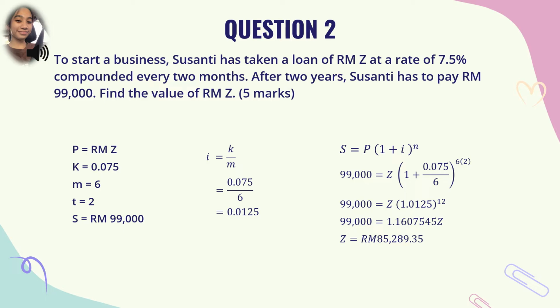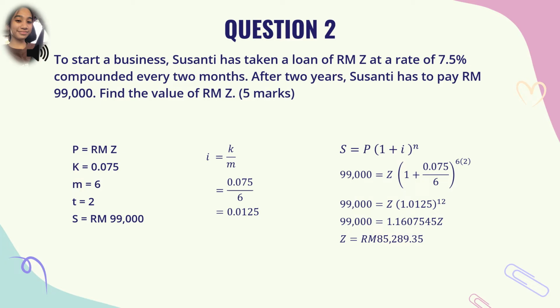So, the I, we use I equals K over M formula. So the K is 0.075 over 6, which why 6? Because it's compounded every 2 months, so it's 6 times. So, and then we got the answer